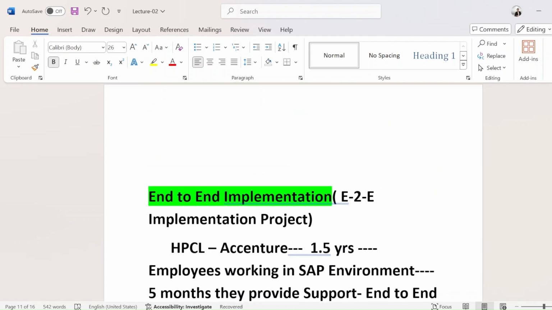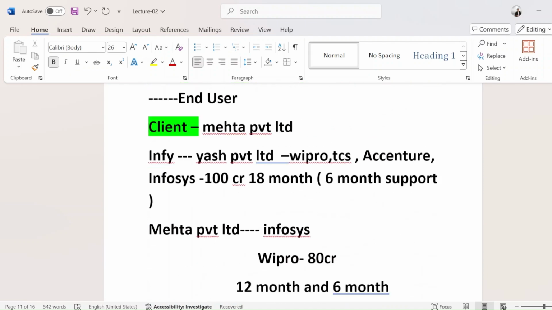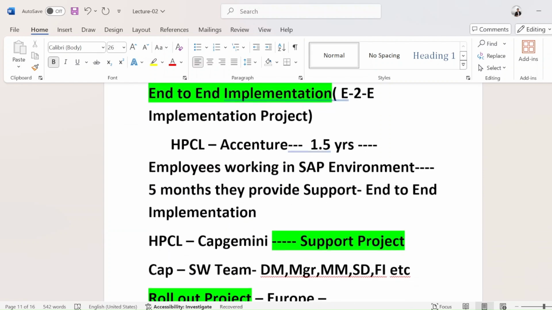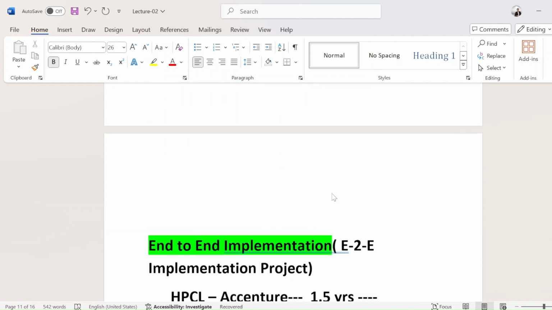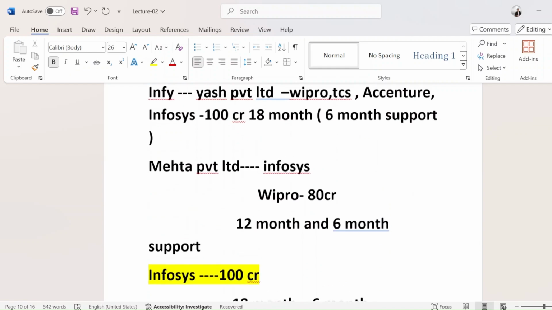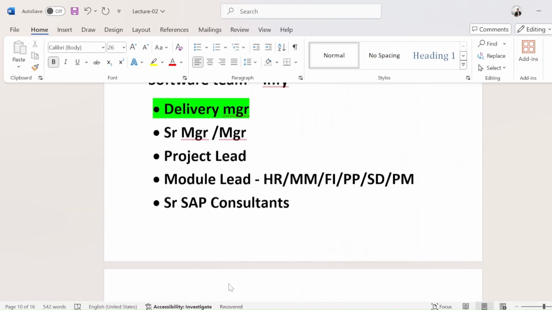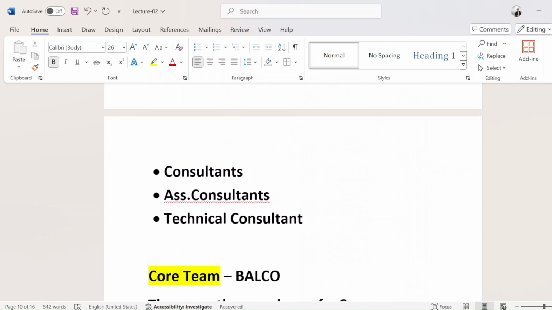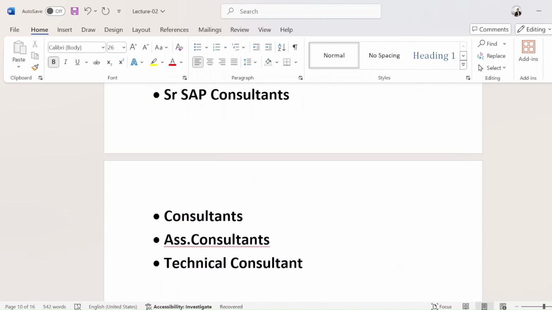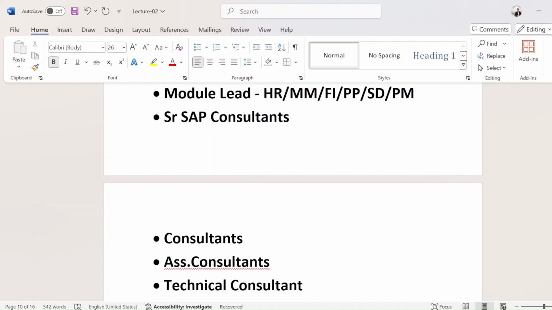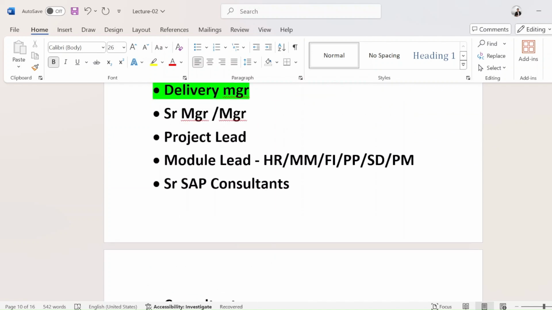So in a support project also a team is there. Let's suppose for support, Mehta Private Limited goes with TCS. So TCS will now prepare a team like this: there will be technical consultants, functional consultants, associate consultants, senior consultants, a module lead, and a project lead, all will be there in the team, right?